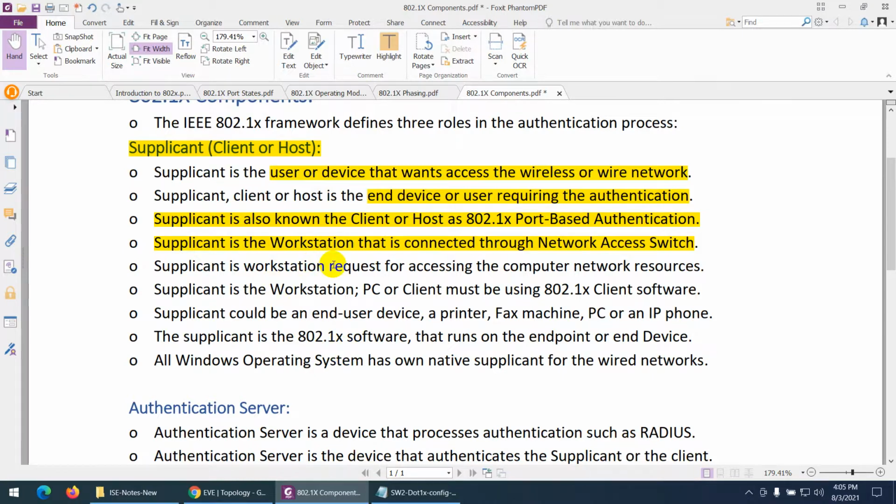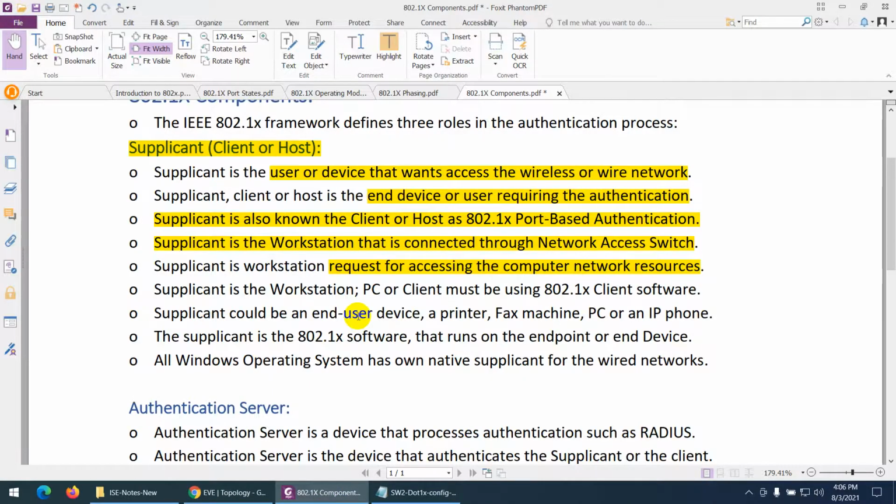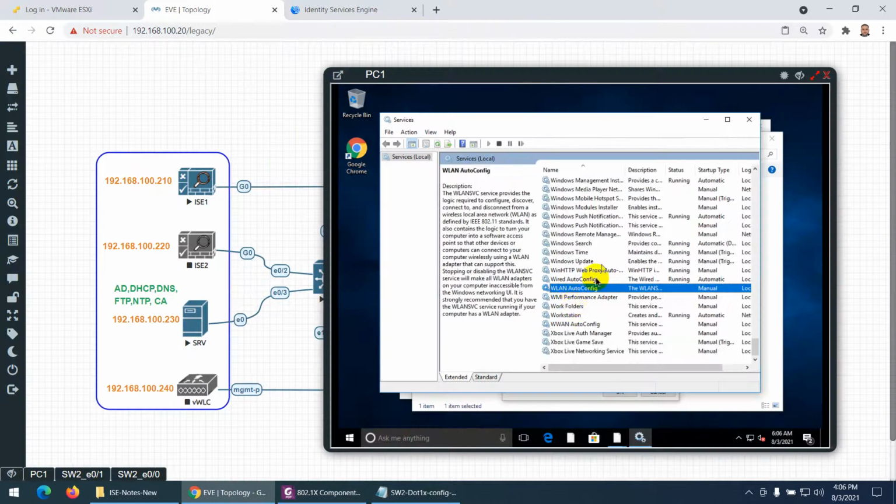A supplicant is a workstation requesting to access computer resources. Yes, these PCs and this tablet want to access the resources, but they need to authenticate through 802.1X. So supplicant can be a workstation or PC client where 802.1X client software is installed. In my PC, 802.1X is installed.